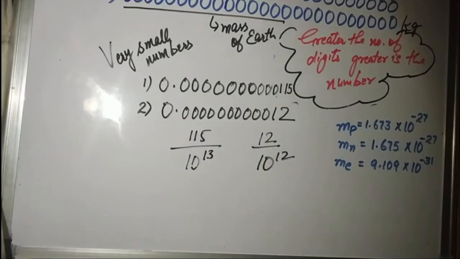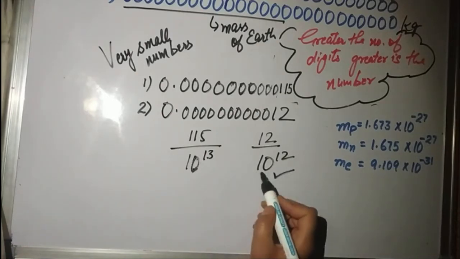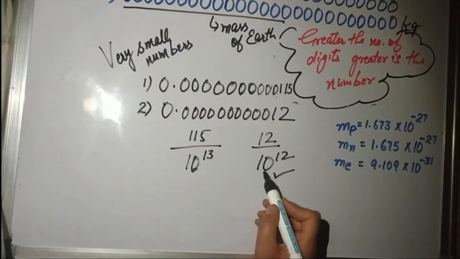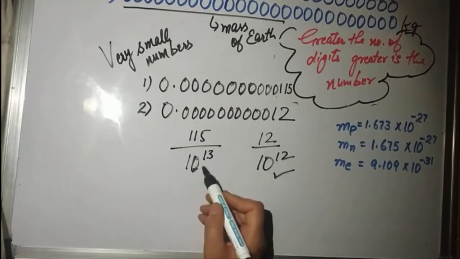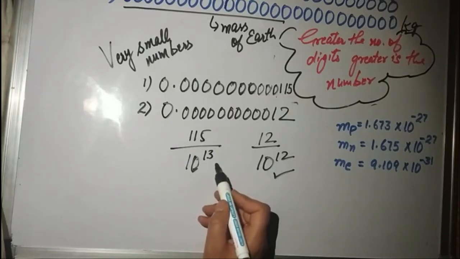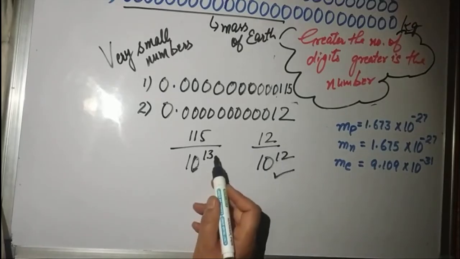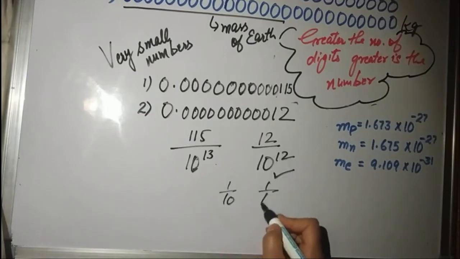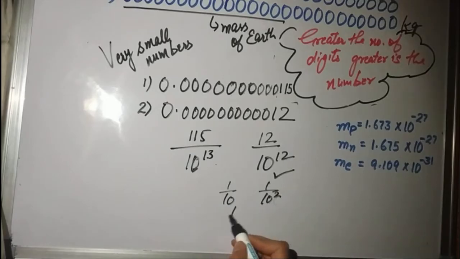Undoubtedly, in these cases, this one is greater. Because only 10 raised to power 12 pieces are done. That means the piece size is going to be bigger, and the other is going to be smaller. The piece size doesn't differ by 1. It's 10 raised to power 12 and 10 raised to power 13. Take 10 raised to power 1 and 10 raised to power 2. How do they differ? This is 1/10 and 1/100th. 100 pieces and giving 1, 10 pieces and giving 1. This is very much greater.